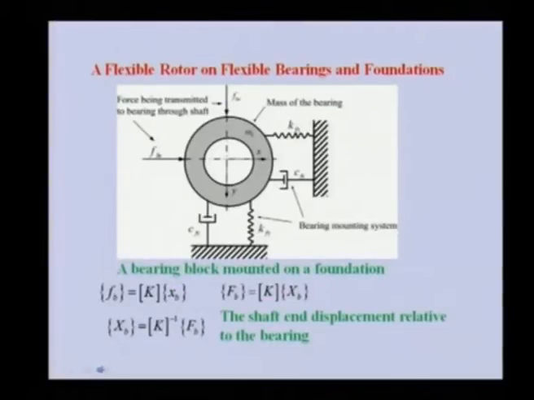So, I am coming to the free body diagram of, let us say, the bearing. So, this is the bearing mass. In the previous analysis we did not consider the bearing mass. Now, this is the bearing, and the journal we have removed from the bearing. So, obviously the fluid film forces which are coming onto the bearing mass are Fbx in the x direction, Fby in the y direction. These are the fluid film forces which are coming onto the bearing mass.